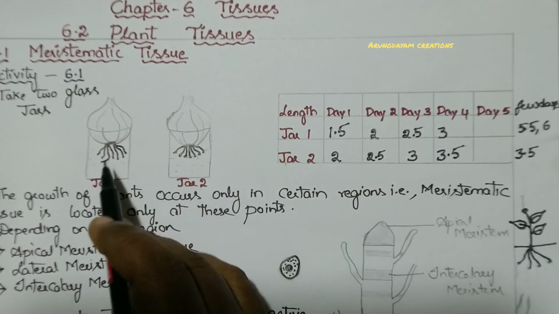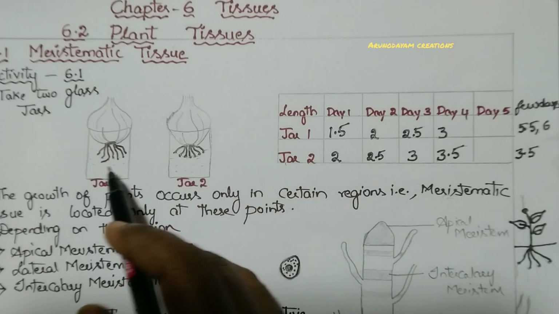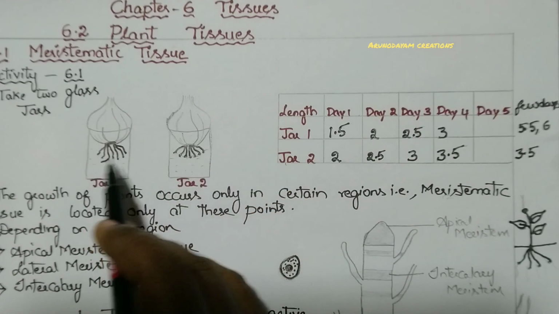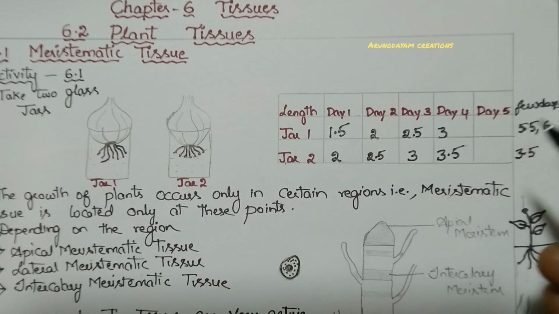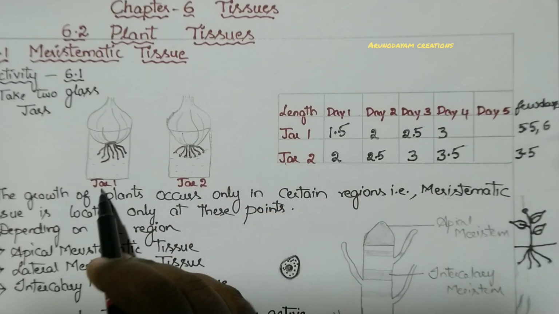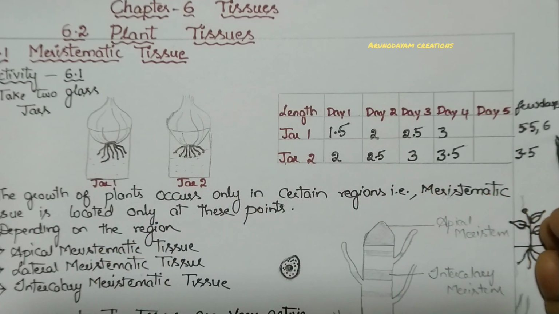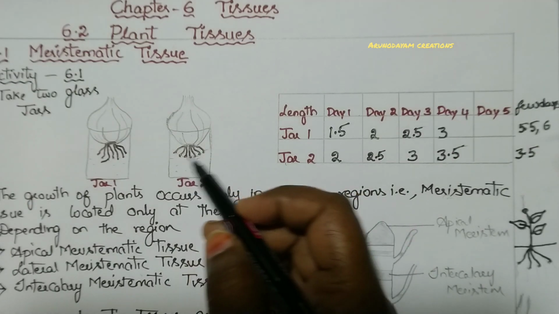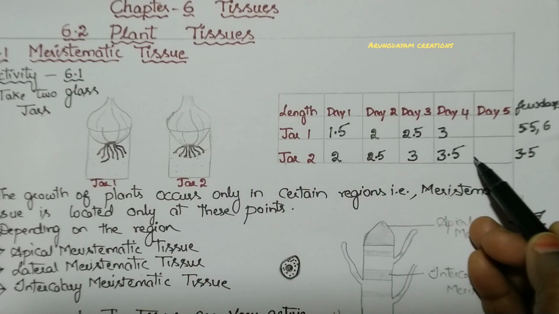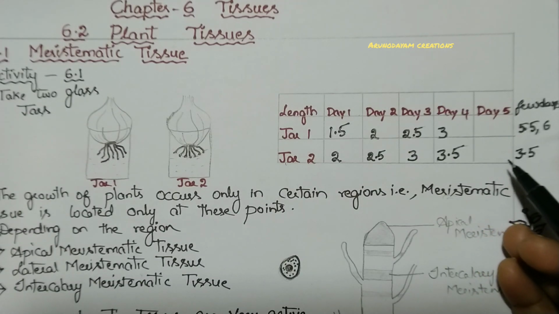Remember one thing, these root hairs must be completely immersed in water, then only they will show growth. If the water level decreases, then again we have to pour water and continue this activity. After a few days, again the same procedure. In jar 1 the root hairs grow consistently. Okay, but in jar 2, after we have removed their root tips, it stopped its growth. The root hairs are not growing.